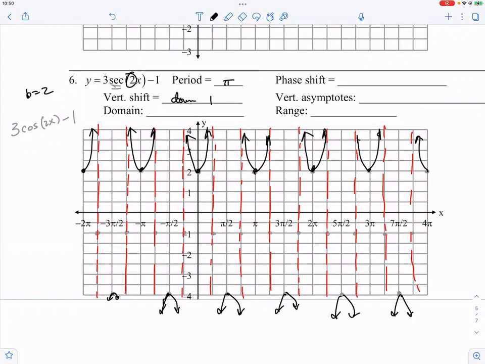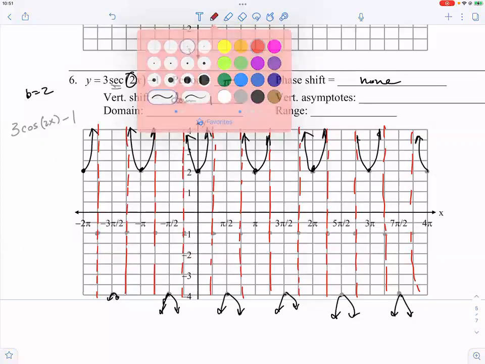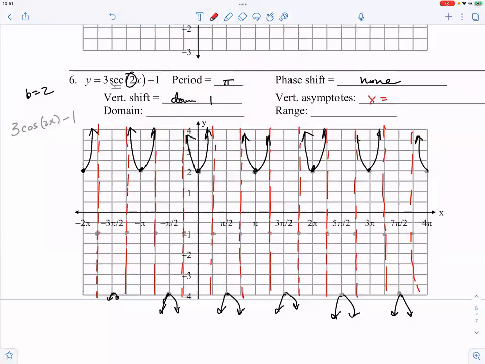So there's no phase shift. How can we describe the vertical asymptote, domain and range? I'll give you a moment to fill out those blanks as well. Try it out. So what would you write for the vertical asymptotes? We'll write down x equals